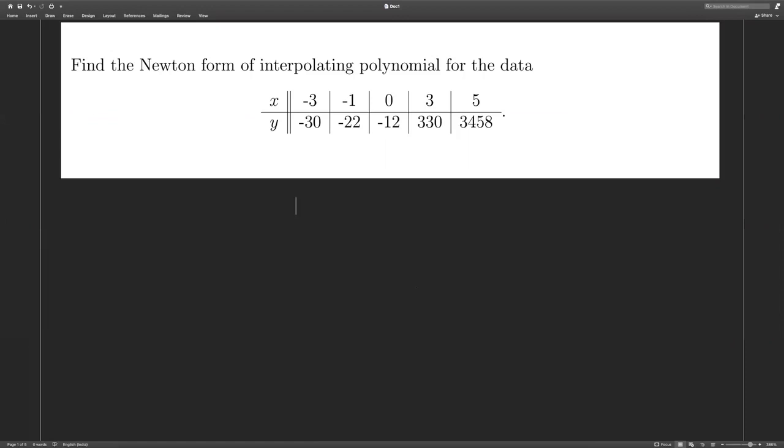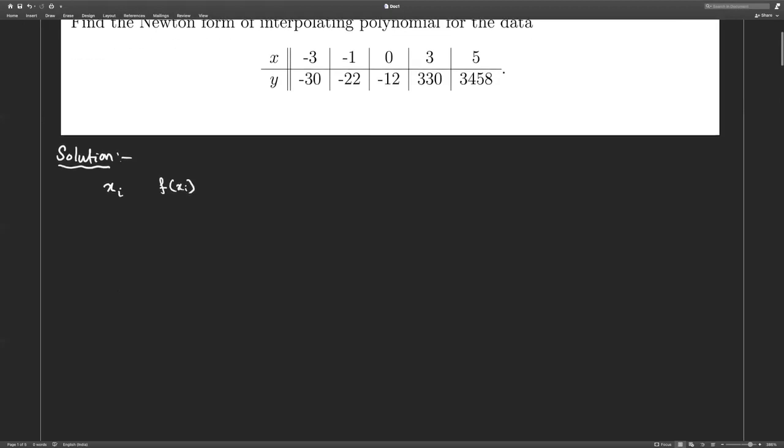Next problem is to find the Newton's form of interpolating polynomial for the data given in this table. There are 5 nodes, therefore the polynomial will be of degree 4. To get the coefficients of the polynomial, we will first construct the divided difference table. For that, we have to first write the nodes xi and the function values f of xi in the first and the second column of the table, and they are given by